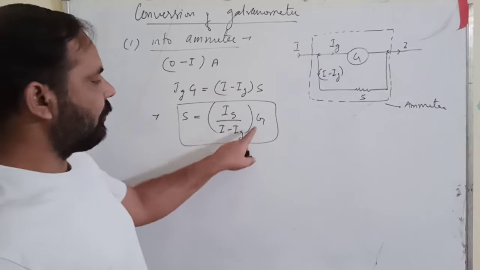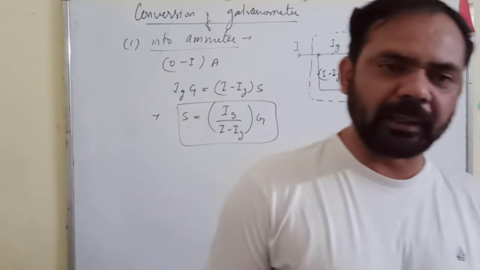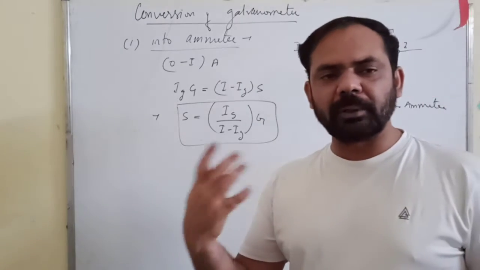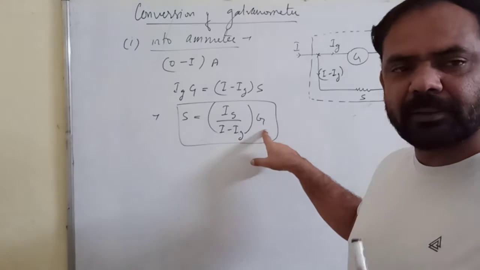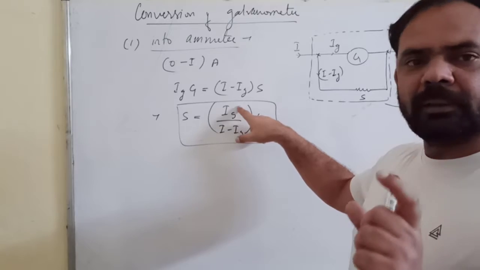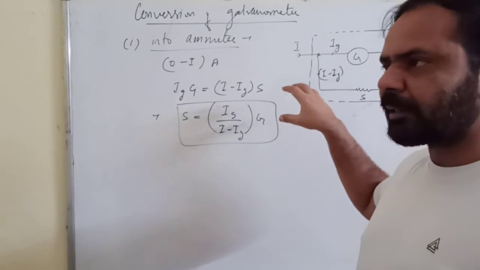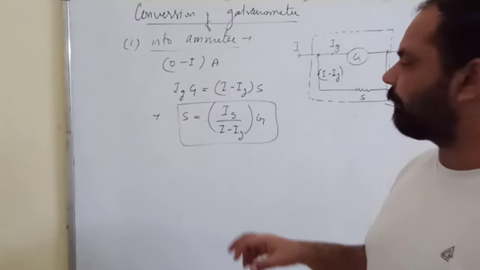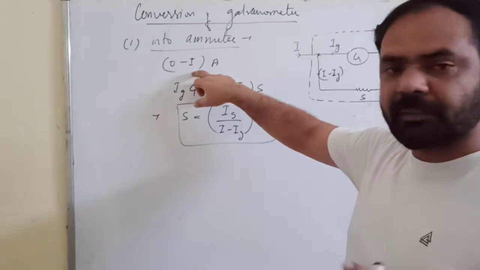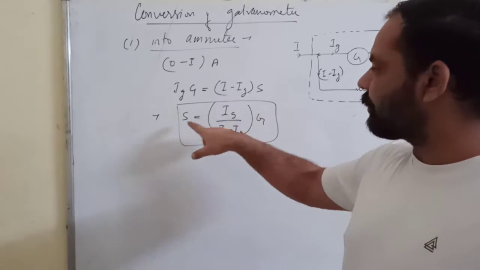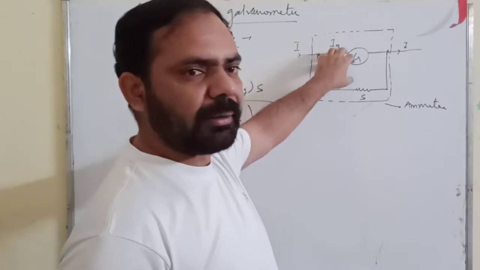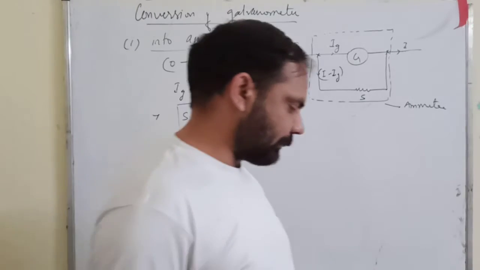You will have to measure what is the resistance of your galvanometer which is given to you, which you want to convert to the ammeter. So first of all you need to find the resistance of the galvanometer. Then you need to find out the value of this Ig, the maximum current that can flow through the galvanometer safely. Then this I is up to how much value you want to measure the current, which is given to you, right? Now putting all these values, you can find out how much resistance you need to shunt the galvanometer so that it gets converted into an ammeter.